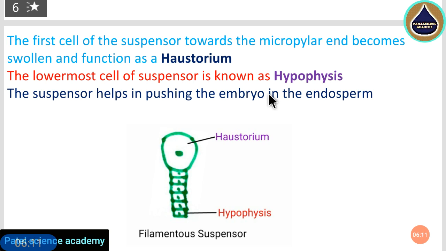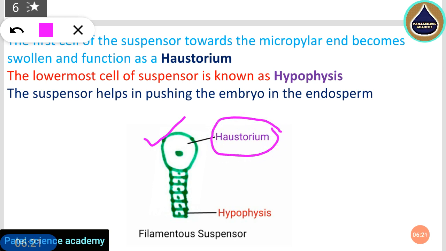The first cell of the suspensor towards the micropylar end, as you can observe here, the bigger one, becomes swollen and functions as a haustorium. So you can see here, this is the haustorium, and the lowermost cell in the suspensor is known as the hypophysis. So this is the hypophysis, as you can see here. So the suspensor cell till now has converted into the haustorium, that is the bigger one, and the hypophysis, that is